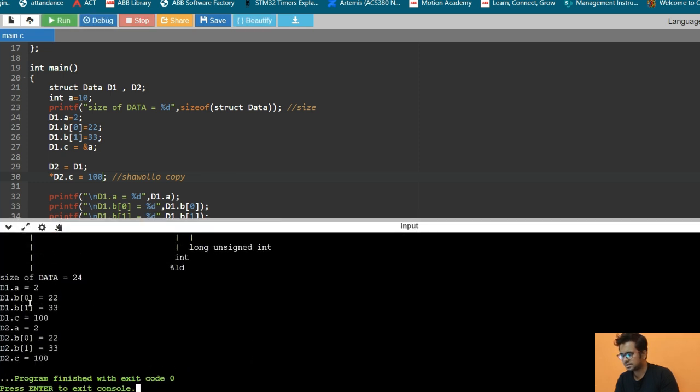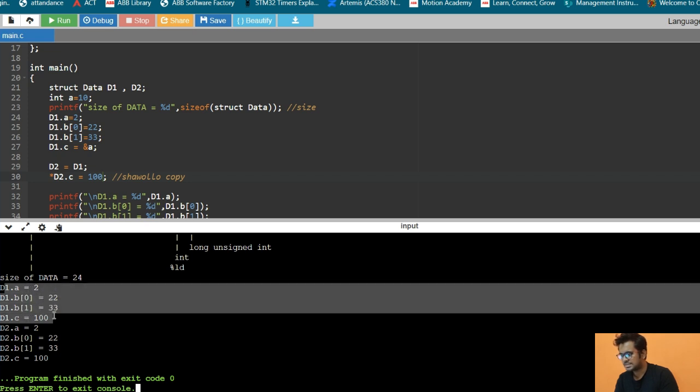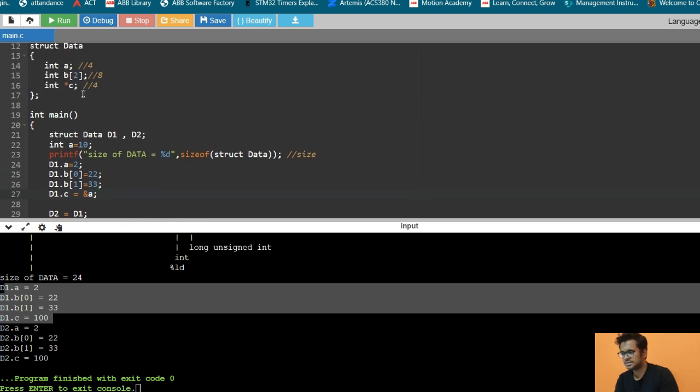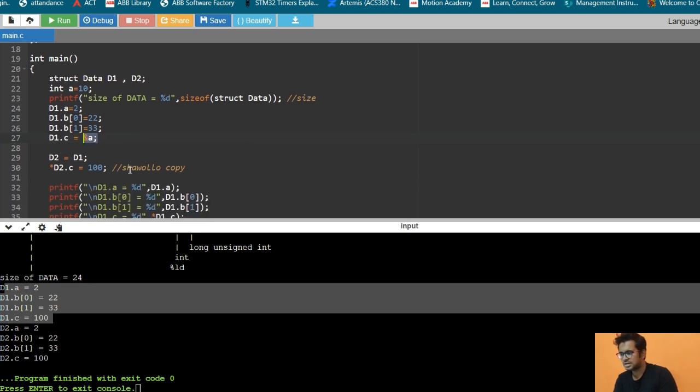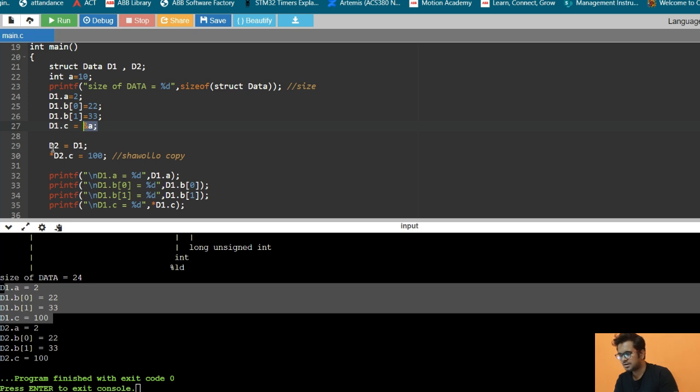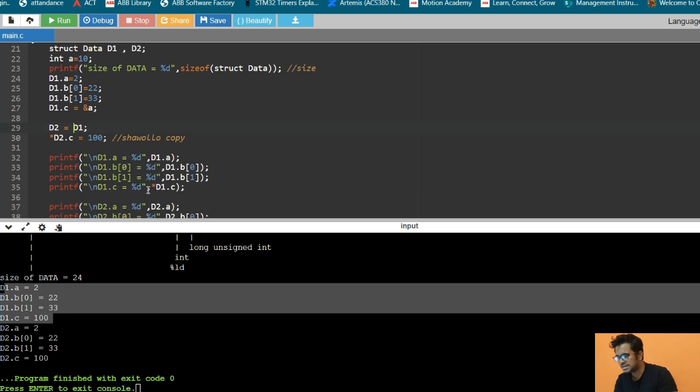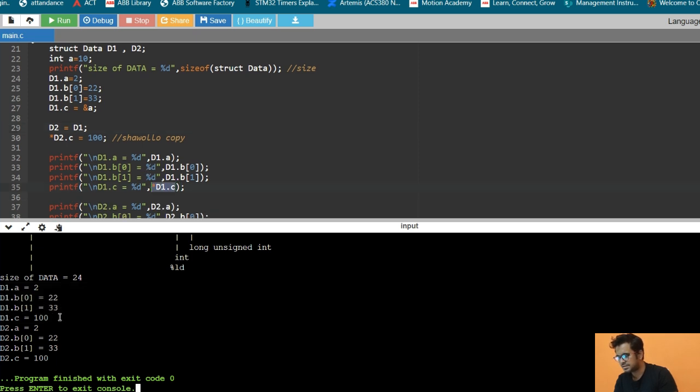Now one interesting result you can see. I have updated d1, a as 2, 22, 3, and c as 100. This c is an integer pointer, and in that integer pointer I am giving the address of a, that is the address of this integer. So if I copy d1 to d2, and after copying I update the value of d2 dot c, I am not changing the value of d1, yet the value of d1 is getting updated, d1 c is now 100. See, now if I don't change the value of this one and run it,